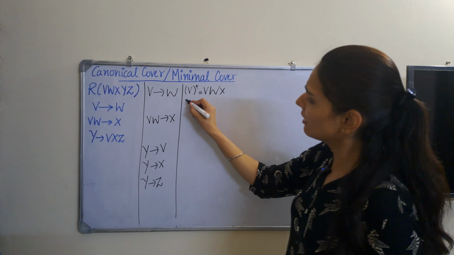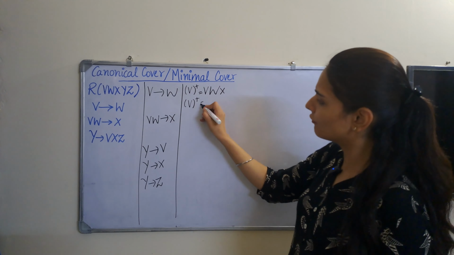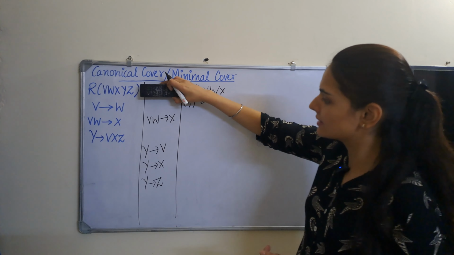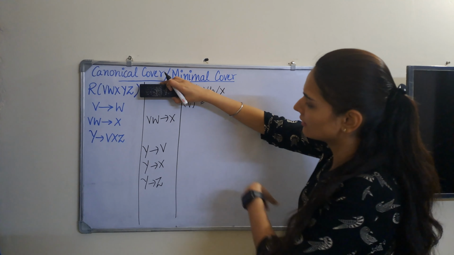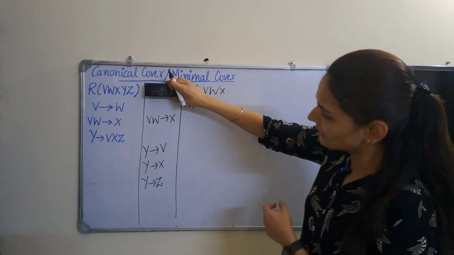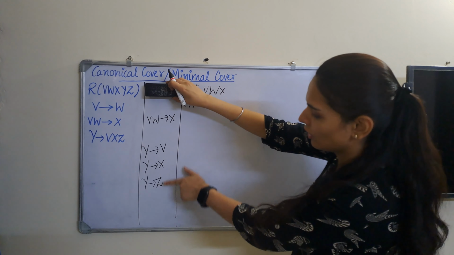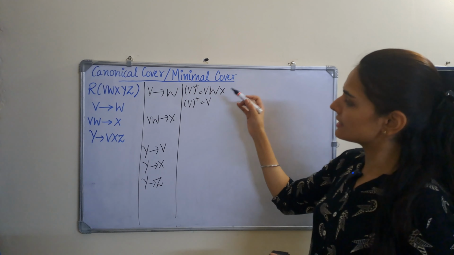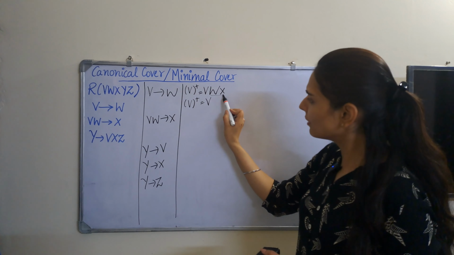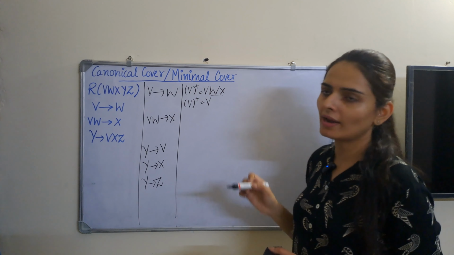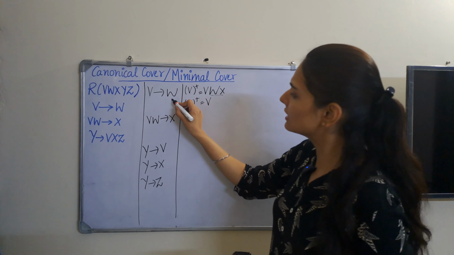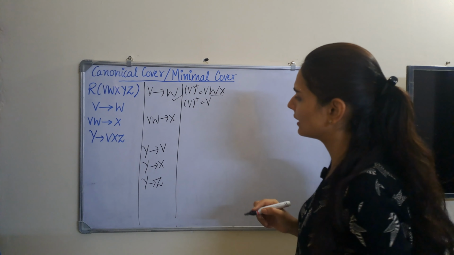Next, again, we find out the closure of V, but this time we do not consider this functional dependency. So if we do not consider that functional dependency, we can have V over here. Now, do we have anything else with only V? No. So now we can see that if we remove this functional dependency, then we will not be able to find out the value of W and X, which we could find out by keeping that functional dependency. So this functional dependency we will have to keep.